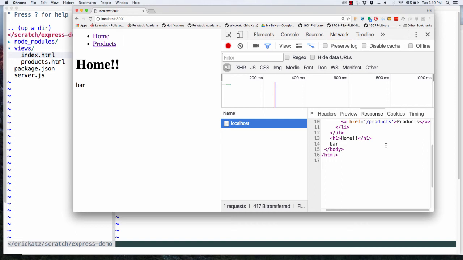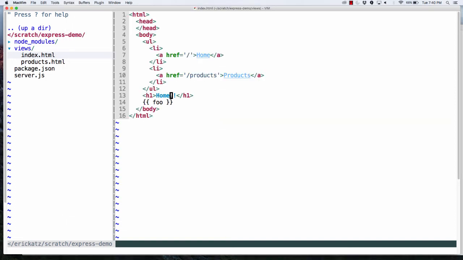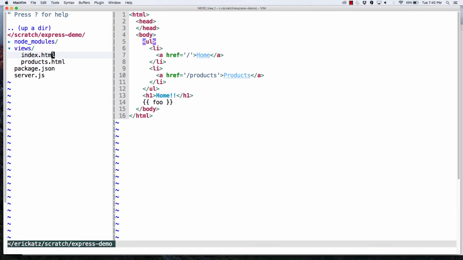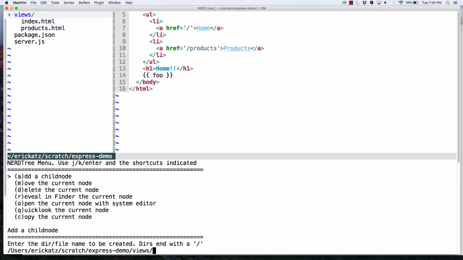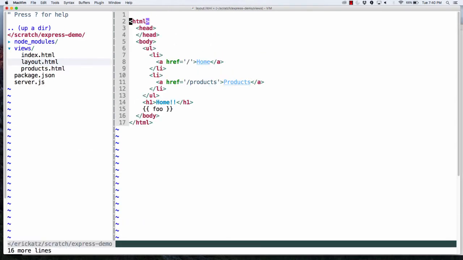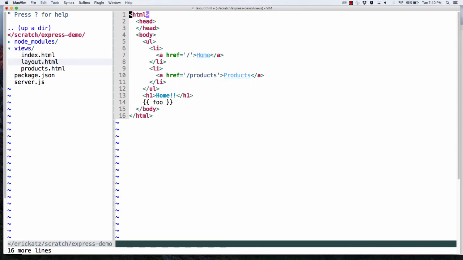The other thing that Swig does is it allows us to make things somewhat uniform. So right now on both these pages, I have all this stuff here. Well, what I'm going to do is I'm going to take all this stuff and I'm going to put this in a file. I could name this anything I want to, but by default, it's usually called layout. And what I'm going to do over here, I'm going to take this stuff off,